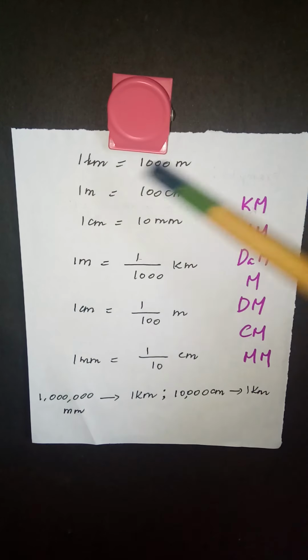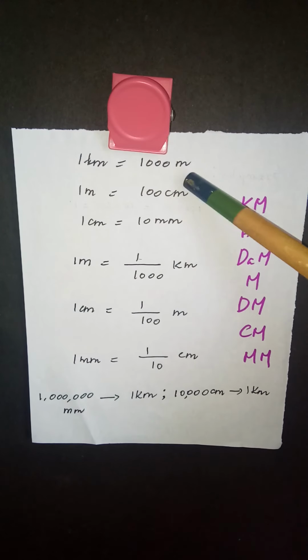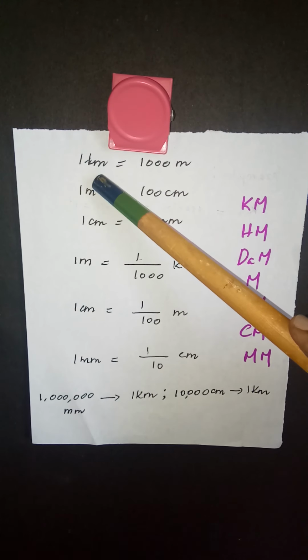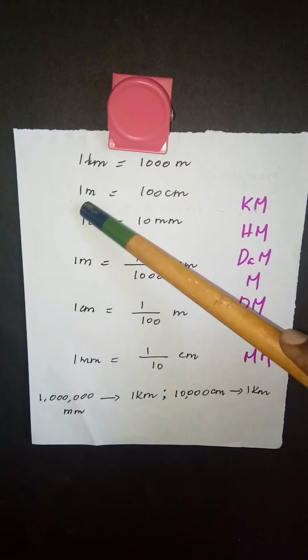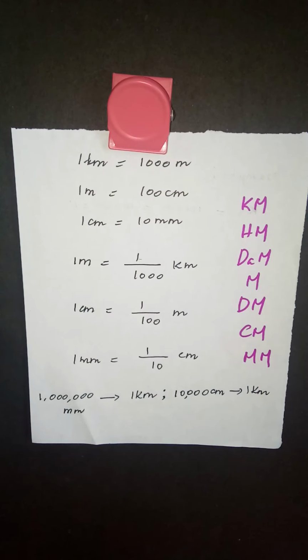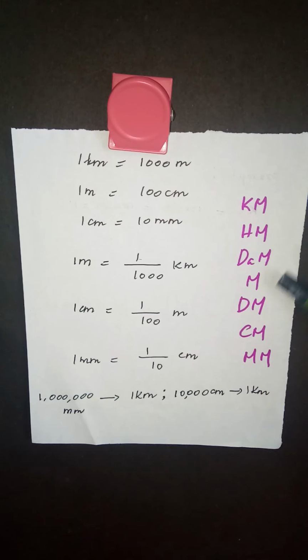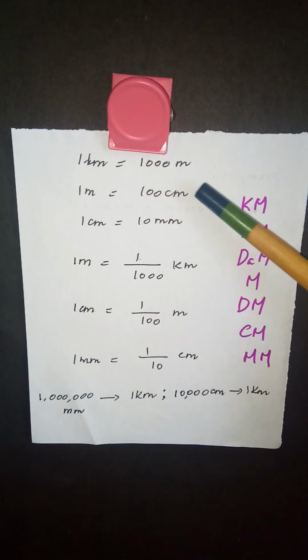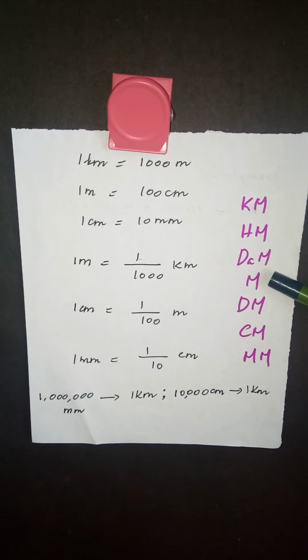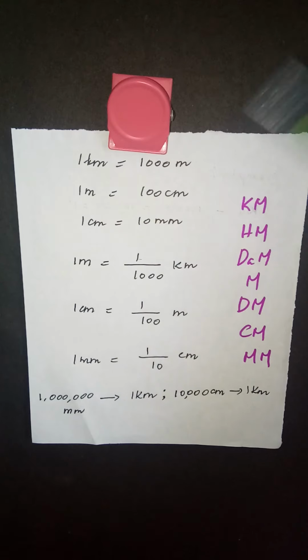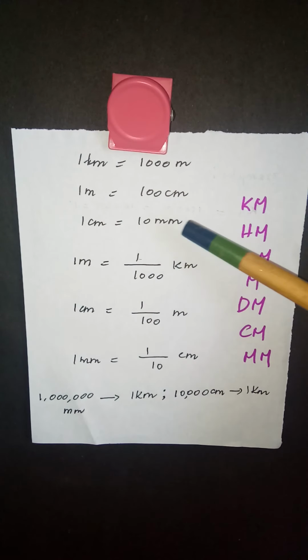Okay, so I've written 1 kilometer is equal to 1000 meter. Meter is the unit and 1 kilometer is the multiple of meter, which means 1000 times meter is 1 kilometer. 1 meter is equal to 100 centimeter. As I told you, centimeter is a fraction of meter. For example, you have to take 100 pieces of centimeter to make 1 meter. So the centimeter is a fraction, less than meter. Same way, 1 centimeter is equal to 10 millimeter.